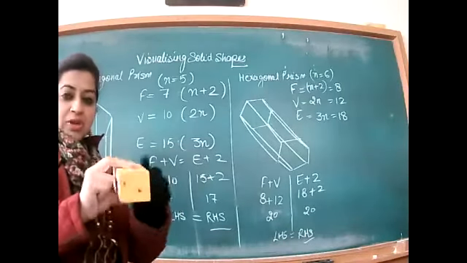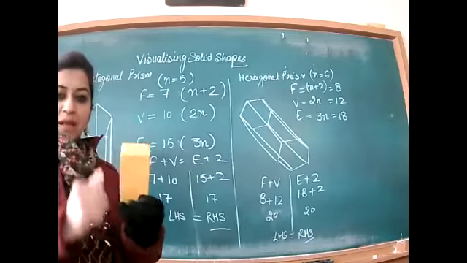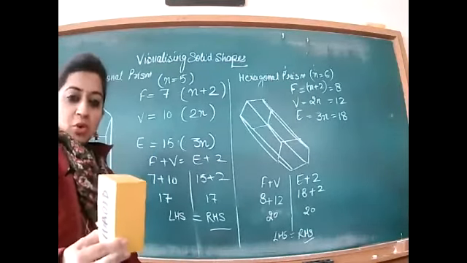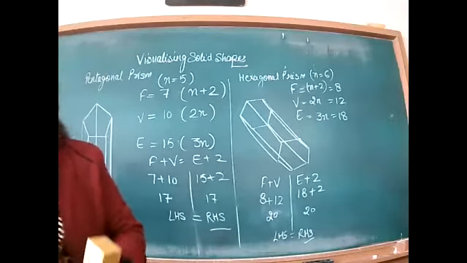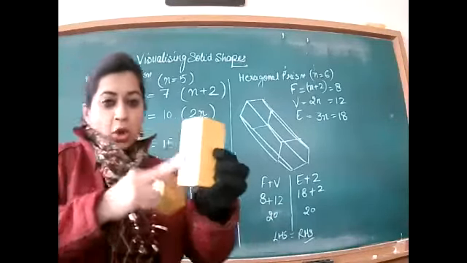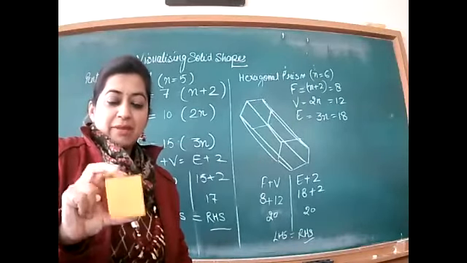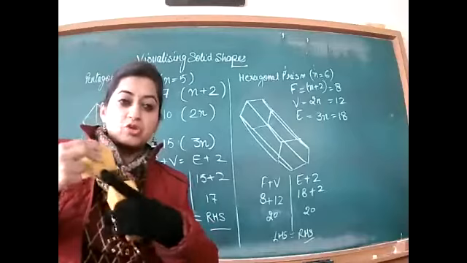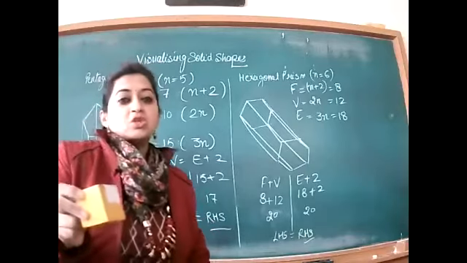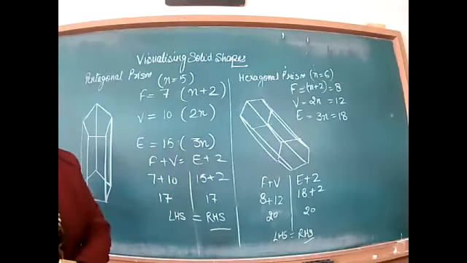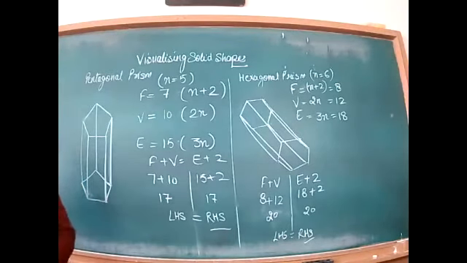And if it is square in the top and square in the bottom, and sides are parallelograms, so it will be your square prism, and it is also called cube or cuboid. Okay? If the length is long then cuboid, and if the length is same, top and bottom, and the side ones are also becoming squares, then squares are also parallelograms. So you can say that square prism is also called cube, or it can be called cuboid.